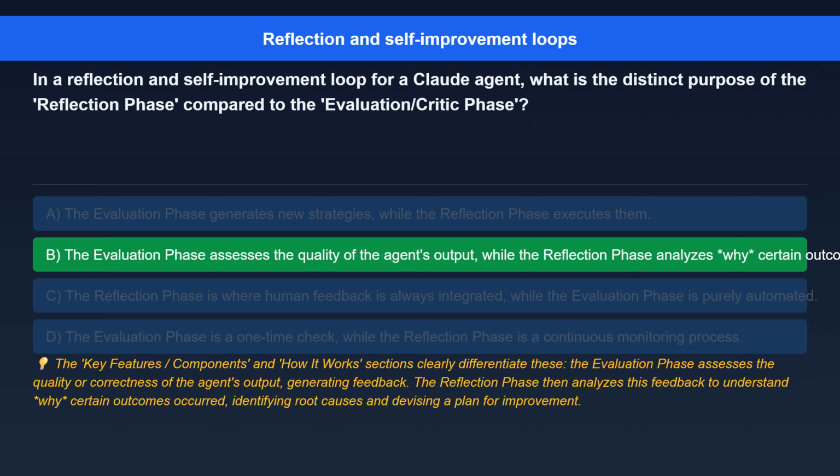The correct answer is, the evaluation phase assesses the quality of the agent's output, while the reflection phase analyzes why certain outcomes occurred and plans for improvement. Here's the explanation. The key features, components, and how it works sections clearly differentiate these. The evaluation phase assesses the quality or correctness of the agent's output, generating feedback. The reflection phase then analyzes this feedback to understand why certain outcomes occurred, identifying root causes, and devising a plan